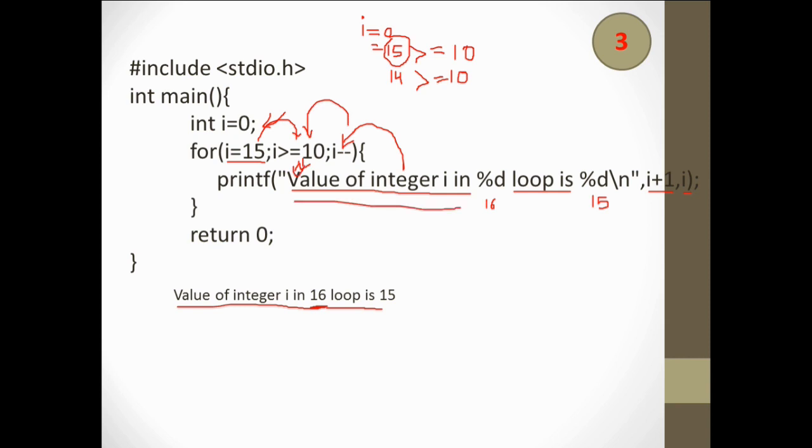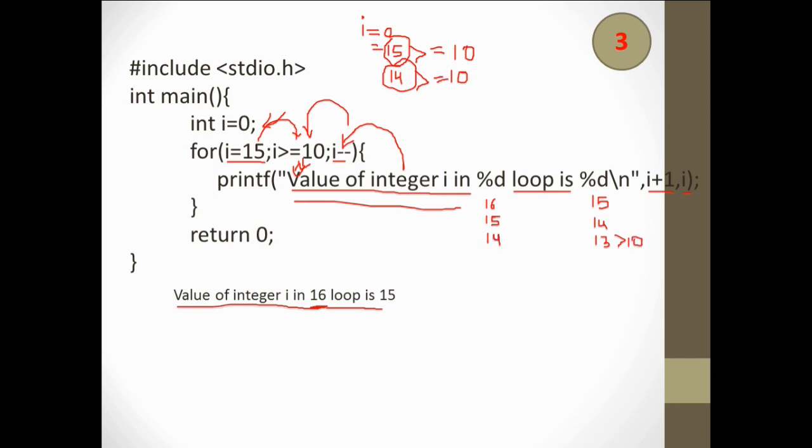%d means I plus 1. So the value of I here is 14, so in place of I plus 1, it will print 15 now. Okay, you can see we are decrementing the value of I, so in place of I, it will print 14. After that it will again go to the decrement part and check whether the condition is true or not. When we decrement the value of I by 1 again, it will become 13. Okay, and 13 is greater than 10. Yes, so in place of I plus 1, it will print 14.